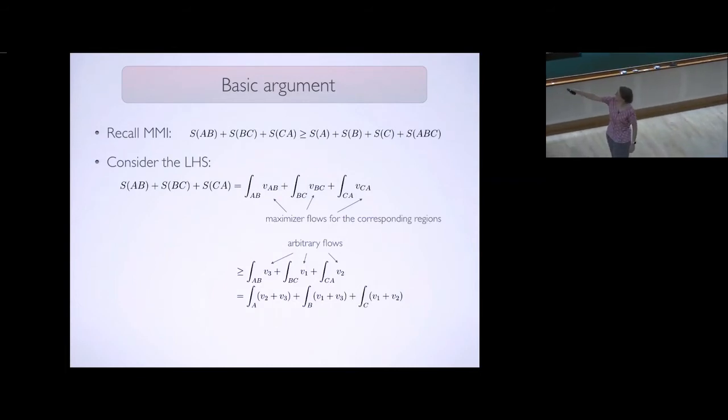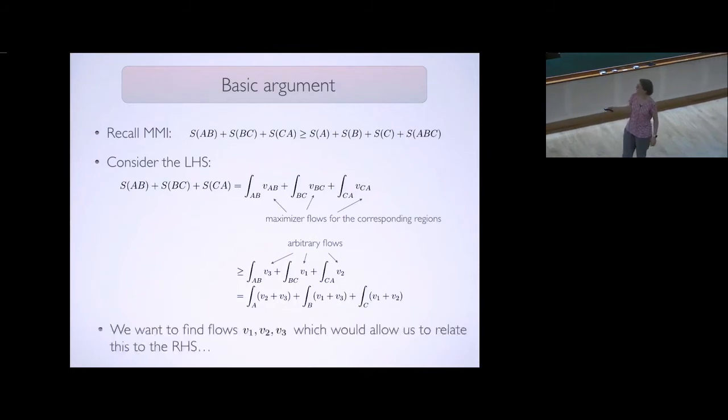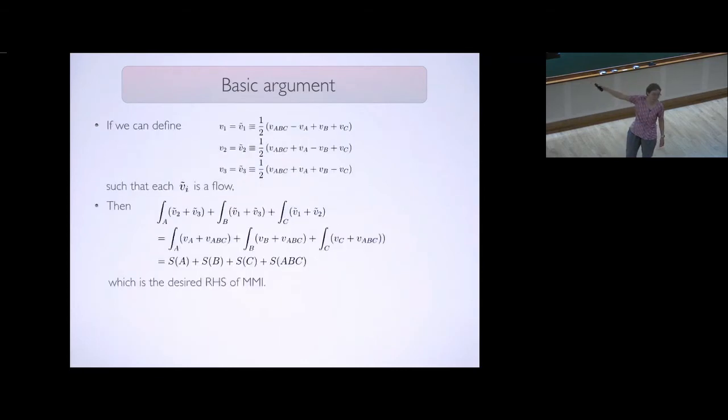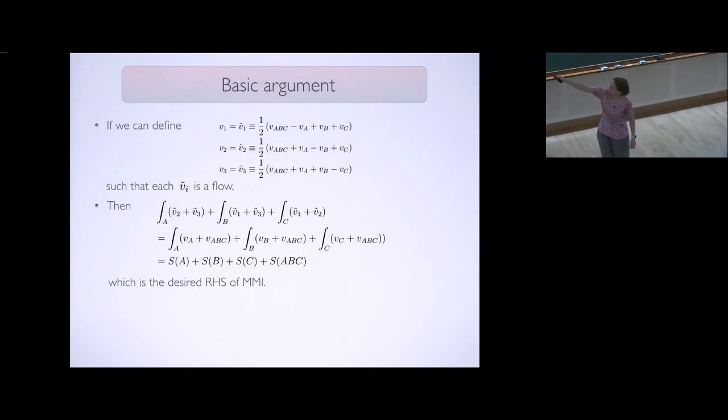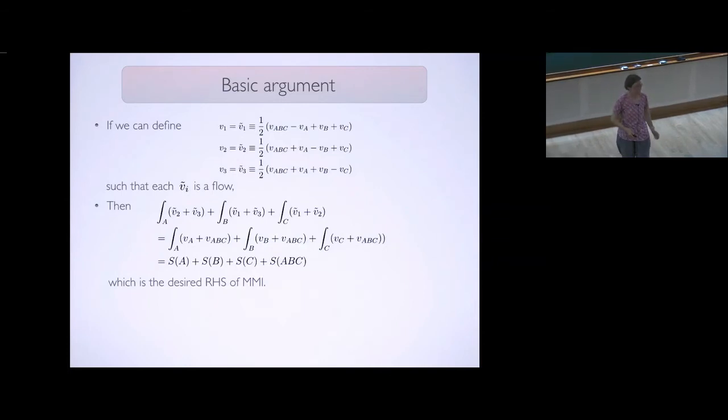Now you can rewrite this expression as an integral over just the region A, the region B, and the region C. So you split this out. And now the trick is to find an expression for each of these V_i such that you would immediately get the smaller side. And this is actually very easy. You just plug in what you would need to express this. And so the result is just a combination of maximizer flows for these individual regions, A, B, C, and then the ABC region. Okay, so in particular, if we define, I'm going to use a tilde because a priori it's not guaranteed that these will in fact be flows. So if we define these vector fields as these linear combinations of maximizer flows for the given regions, then the expression we had previously reduces precisely to what you want. Okay, so that would prove MMI,